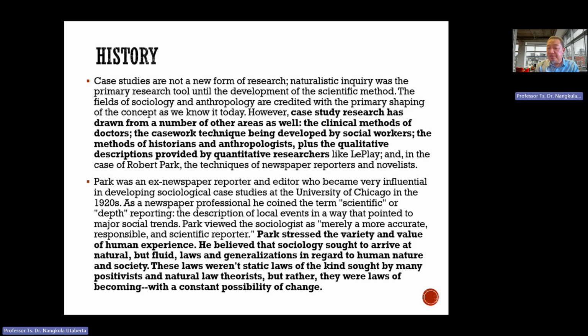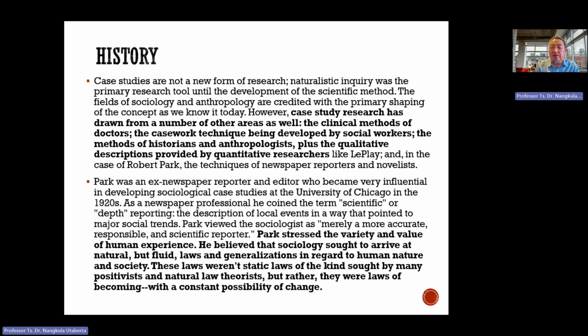Actually, case study is not a new thing. It started in many fields. If you look at how doctors use clinical methods of research, they refer to numbers of cases, or social workers. Sometimes historians and anthropologists, when describing something, refer to specific cases, specific samples. That's what we call case studies. But case study became more prominent when Robert Park, who is not a researcher or a university lecturer but a reporter,